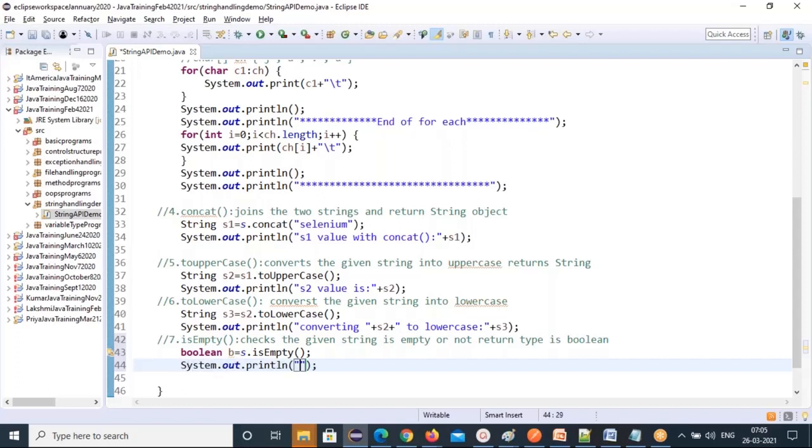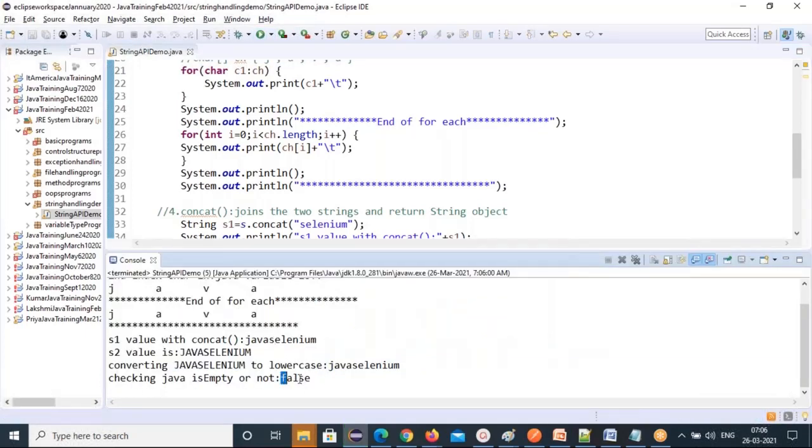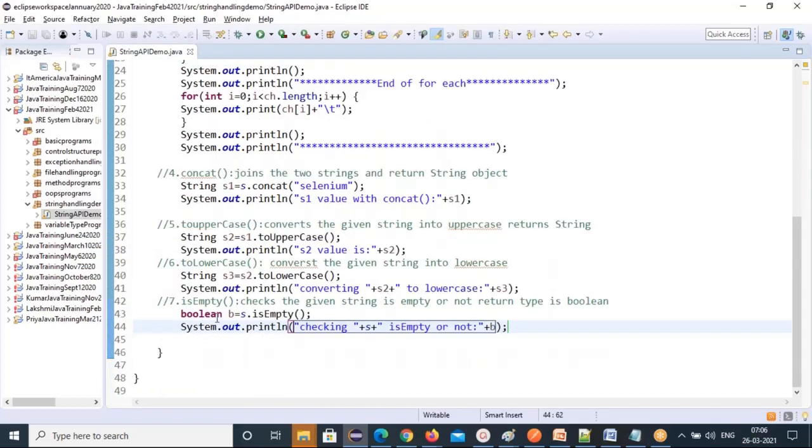Let's see this. The isEmpty method is checking, so I write "checking isEmpty or not", and that output is stored in b. Now it's not empty, so you should get false. Java is not empty, right? Characters are there. So that's the isEmpty method. Next method is